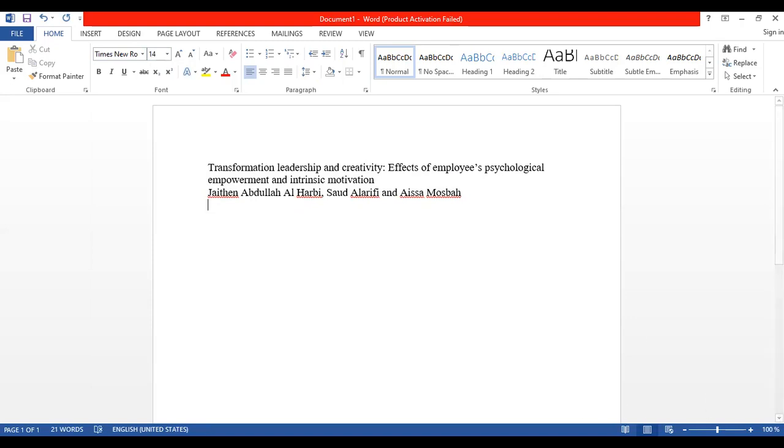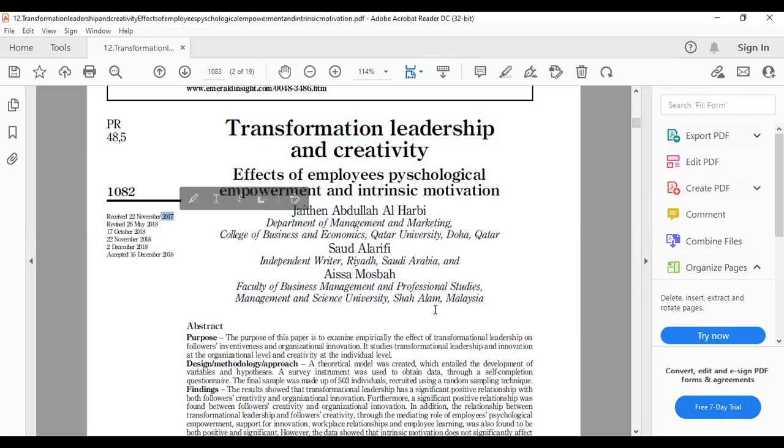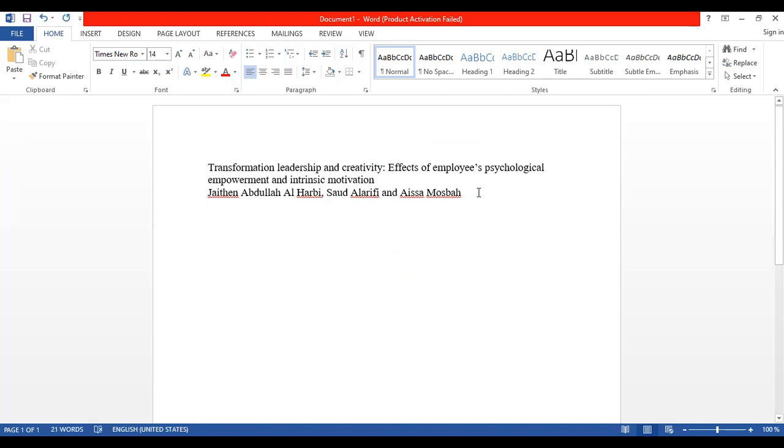And also one more thing I select is the year, so I know in which year this was published, the date of publication. In 2017 the following article is published, so I write 2017.